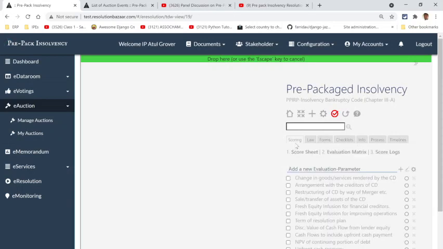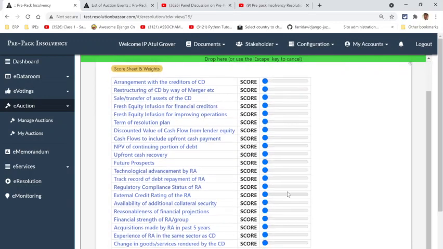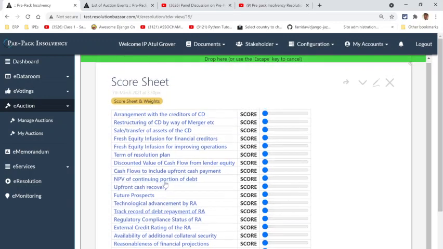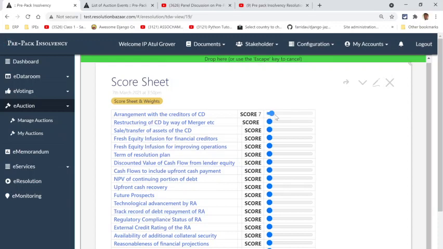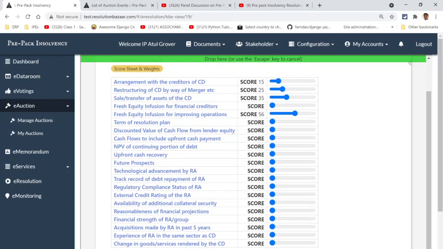If I were to give you an idea of what the resolution plan looks like, we look at the scoring and we look at a score sheet. This score sheet is to be depending upon what variables do we want the scoring based on. We could score a person, and then based upon the set formula we will find whatever score there is to it, and this could be the formula as given in the regulation.